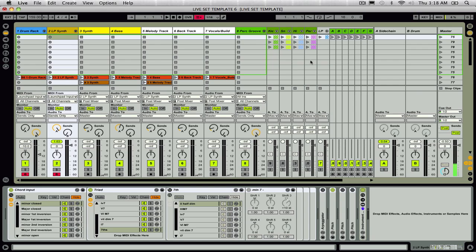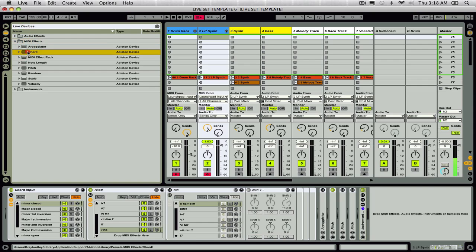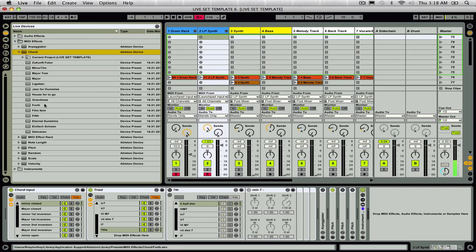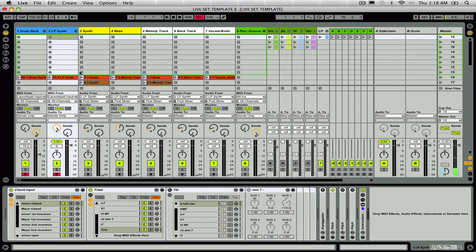Most of them are through the use of Ableton's Chord effect. Now this is in your MIDI effects folder, and there's actually a bunch of predetermined chord shapes you can use. I have gone for basic major, minor, triads, and sevenths. I can switch between major, minor easy enough with this LP synth,